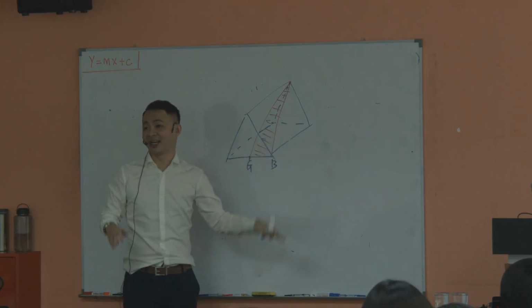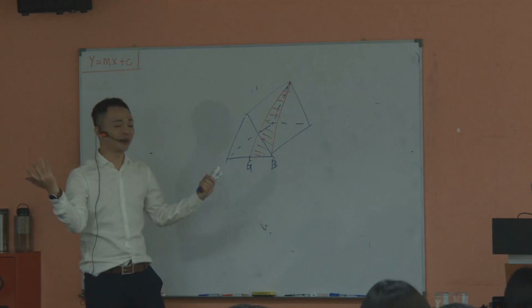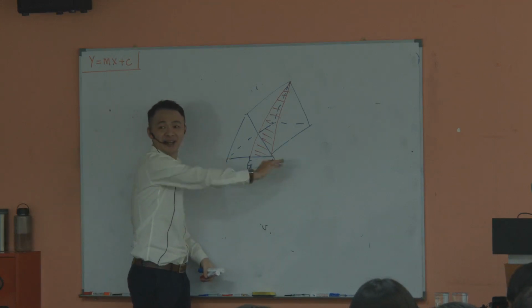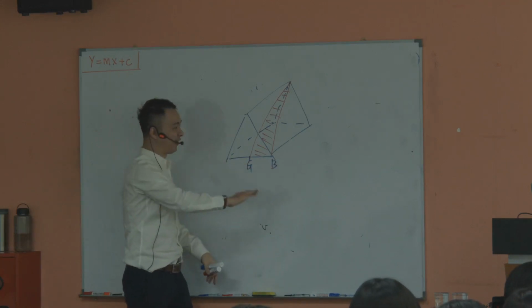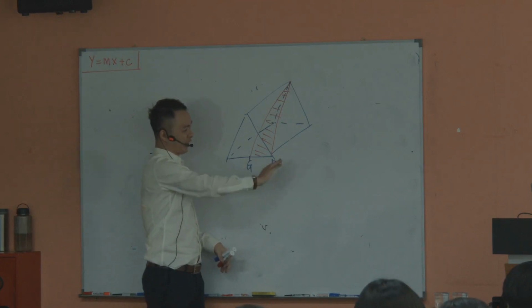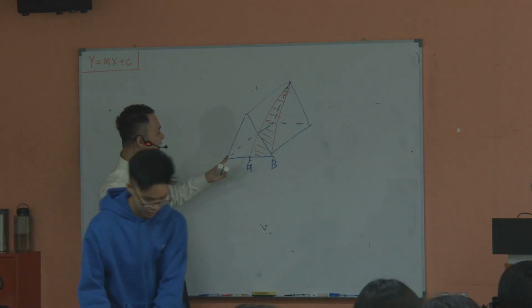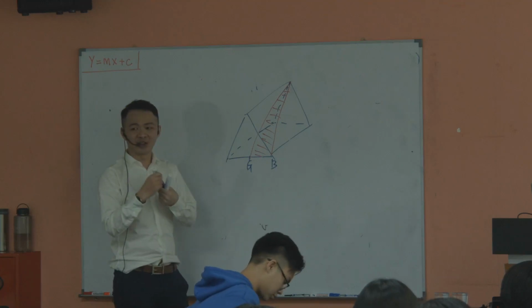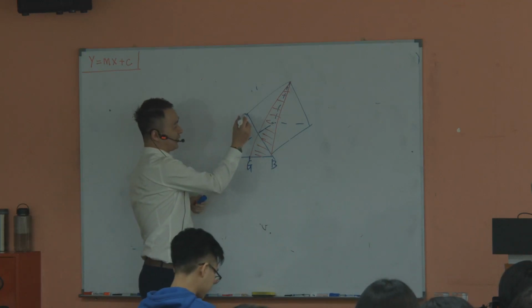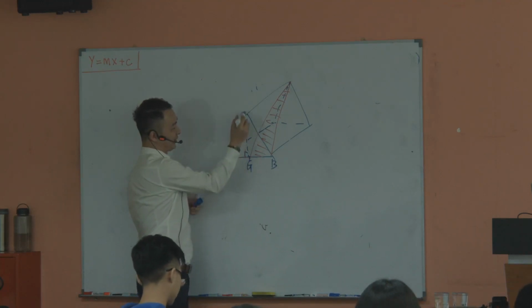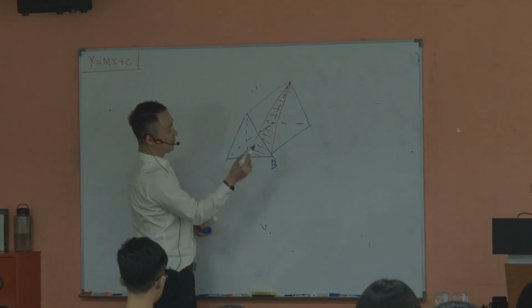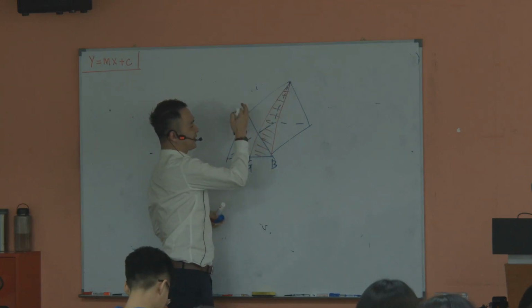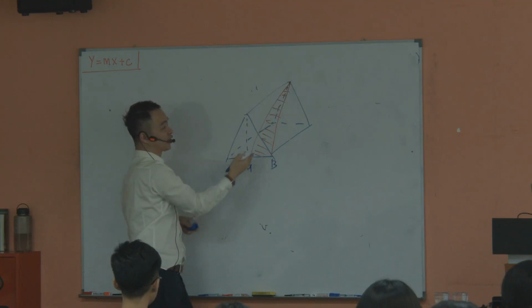So first thing is I need to find the intersection point. Where is the intersection point? The intersect over here, right? So therefore, my intersection is definitely over here. Okay, and then the next thing is I'm trying to avoid the diagonal line. So this one over here should be 90 degrees above, right? So that means this line and this line is the same line, isn't it? So I will take this one